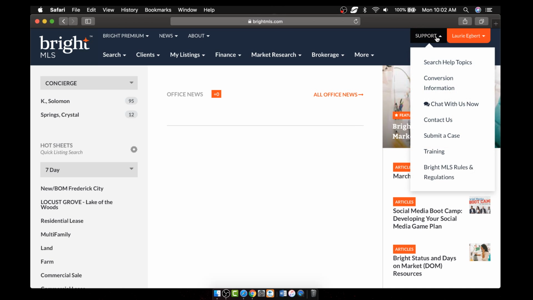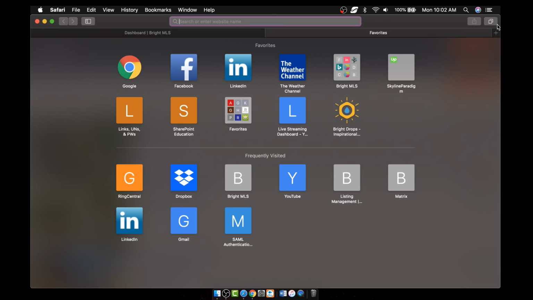We have in the support drop-down, the first resource is the help topics. That's the current online KB. Those articles are really specifically linked in and throughout all of the Bright search system fields for integrated help. We also have